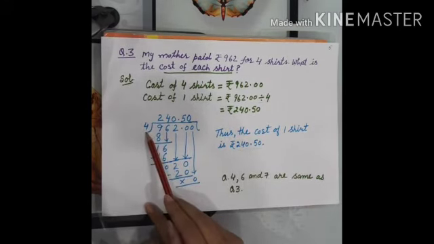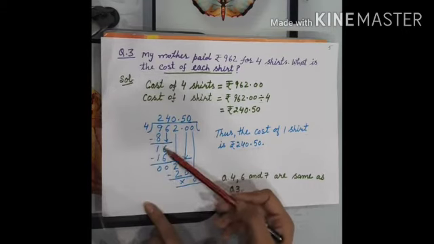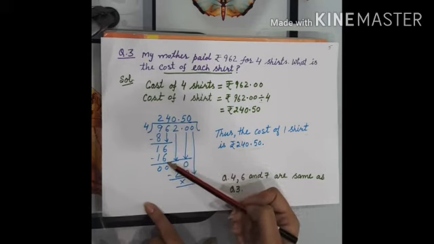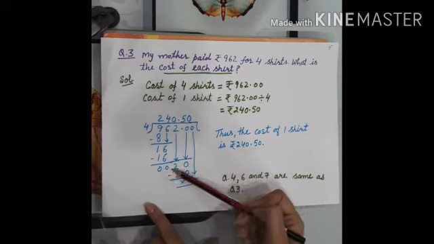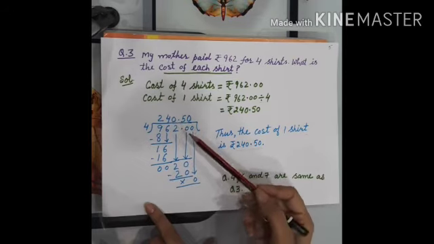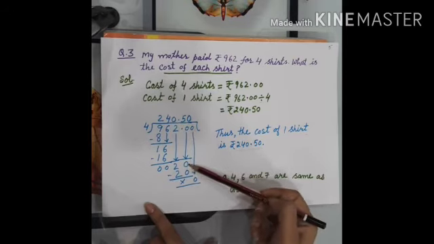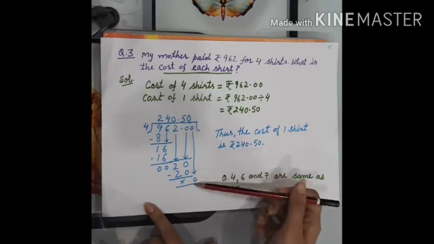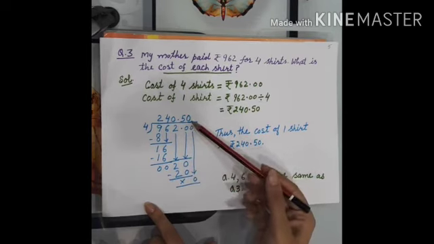Divide in the normal way, ignoring the dot. Now we divide. 962 divided by 4. 4 2s are 8. 9 minus 8, we get 1. Take 6. It becomes 16. 4 4s are 16. 16 minus 16, we get 0. Now take 2. We cannot divide 2 by 4. Put 0 in quotient. Now take 0. It becomes 20. 4 5s are 20. 20 minus 20, 0. Now take 0. We cannot divide, so put 0 in quotient.